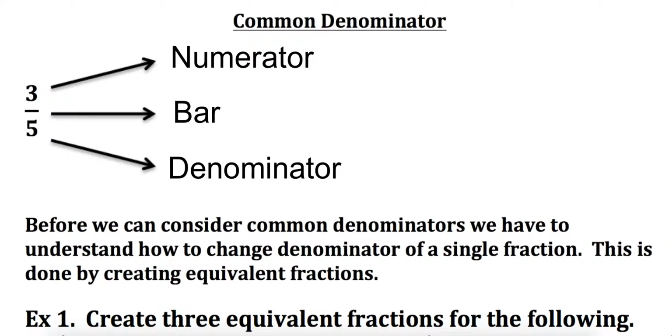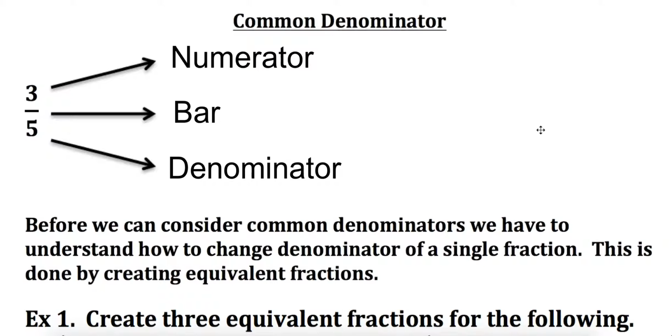Another important part of fractions is understanding what common denominators are. Now remembering that we have a numerator, the bar, and then the denominator is very important for this because we're always looking at the bottom number. If we're looking at 3 over 5, we're looking at the 5 if we're talking about the denominator. So before we can consider common denominators, we need to understand how we can change denominators in a single fraction